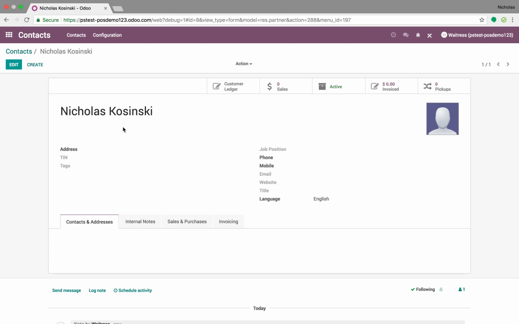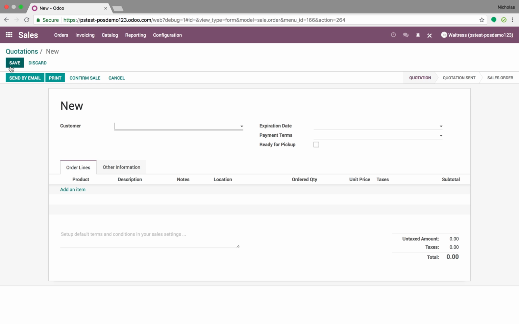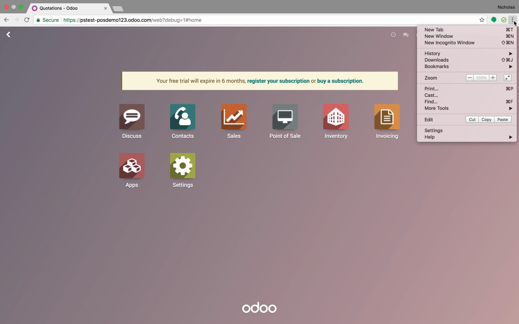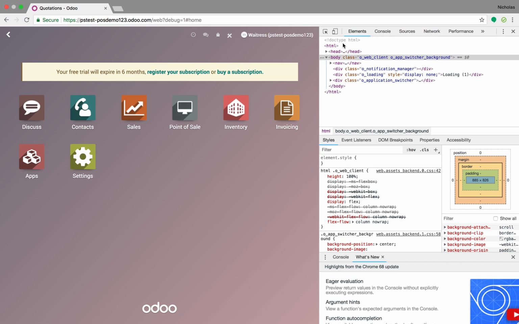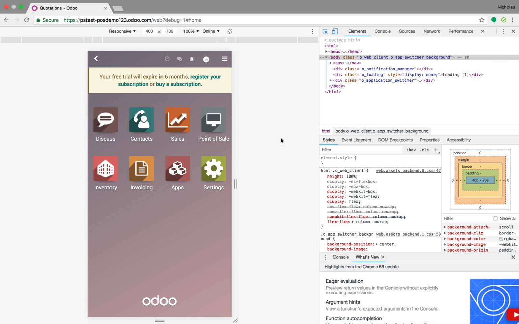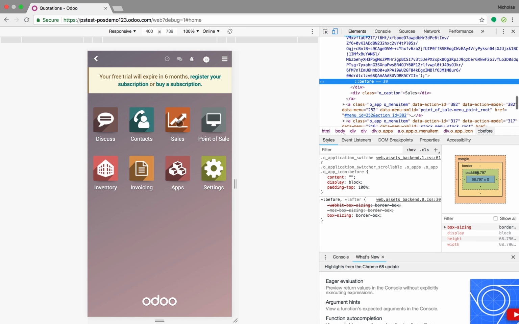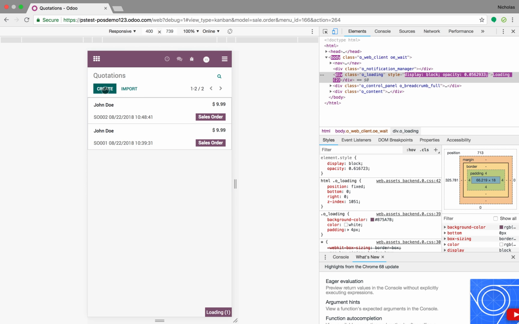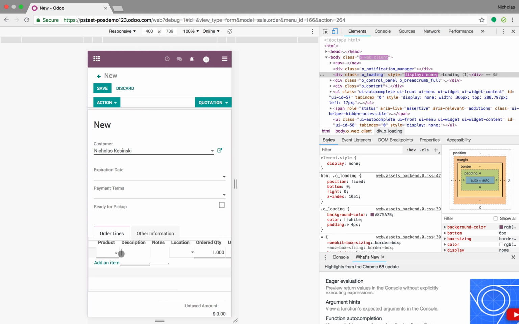And with that, we can sell something, right? So sales. And I'll show you what it'll look like on a mobile or tablet view, so you can get an idea as well. More tools. So if we look at how this would function on a mobile view, so give us an idea. Oops, it's a little bit technical, but okay, I can navigate to the sales app, create an order on my tablet, select my customer, select my product,